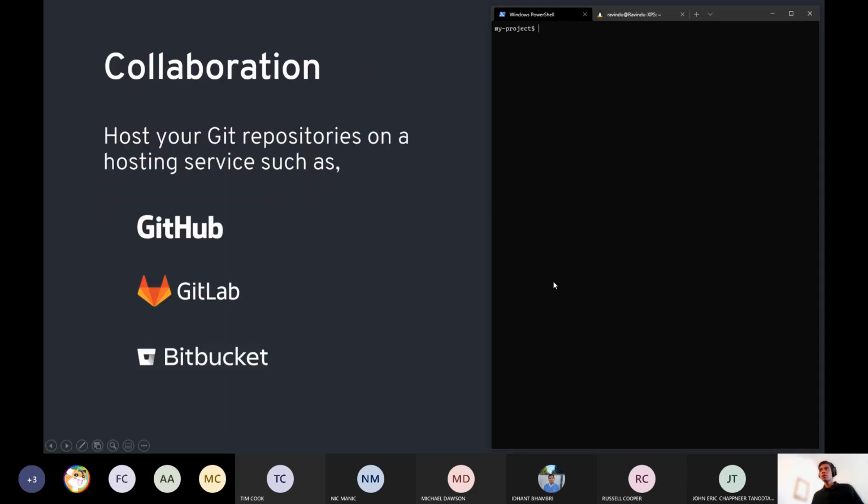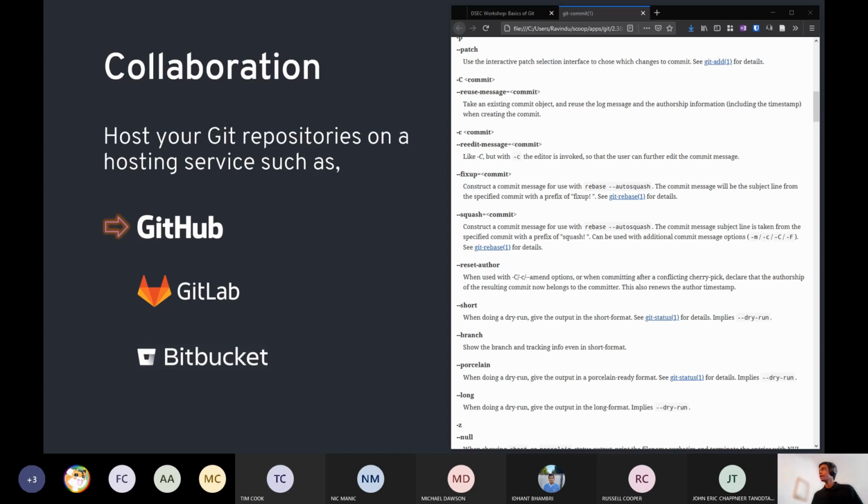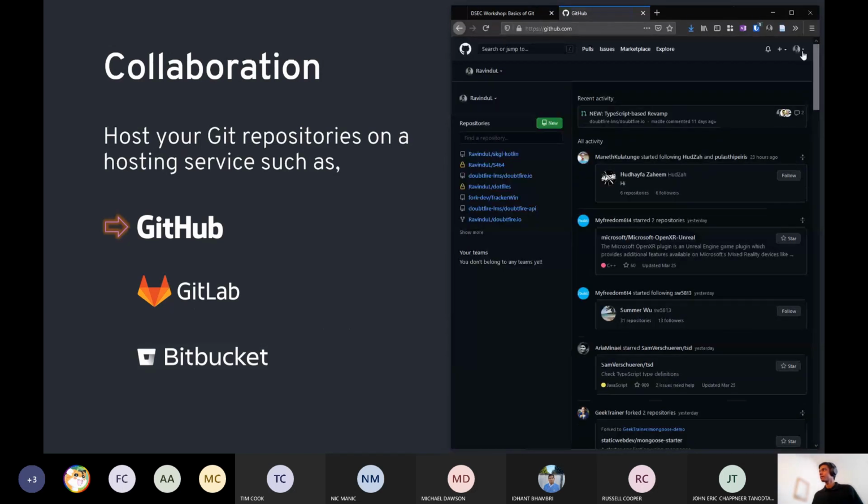Well, you've got to host your repo on a service like GitHub, GitLab, or Bitbucket. So we'll use GitHub for this demo. You'd obviously have to visit github.com and create yourself an account.